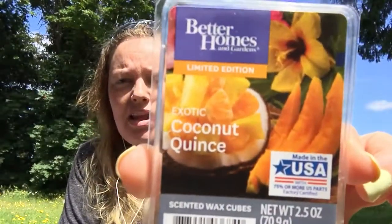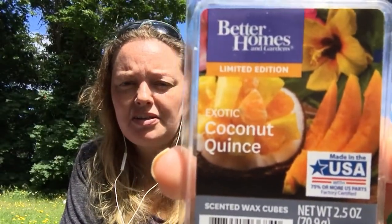Better Homes and Gardens Exotic Coconut Quince. Love that. It was very good. You guys have already seen my video on it. And there's this little ant that might be coming into the screen. Oh no, you didn't see it. It just went